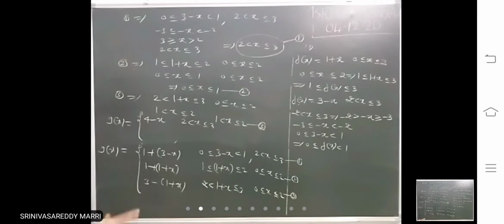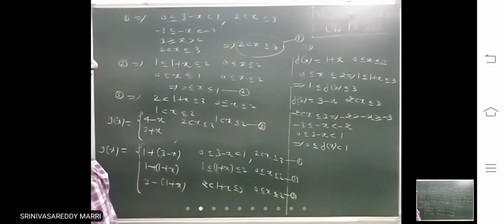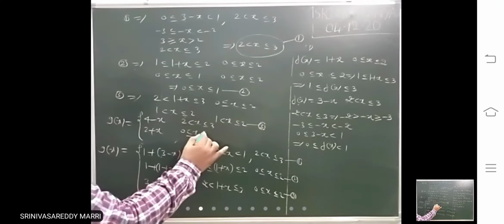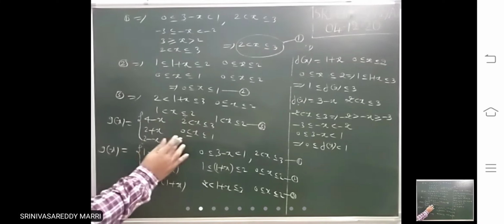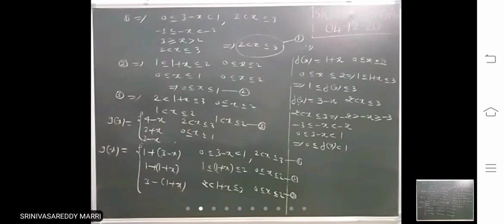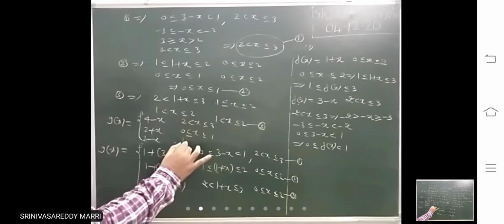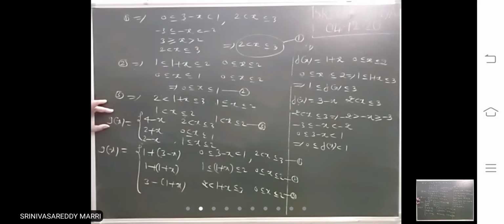2 to 3. So next, this is 2 plus x. What is the x interval for the second one? The second one implies 0 to 1. So next, the third interval, 2 minus x. This is 1, 2 minus 1, 1. So this is g of x. What he is asking is this g of x is f of x. The definition is this. Now once you know the definition, you can check the continuity and differentiability.